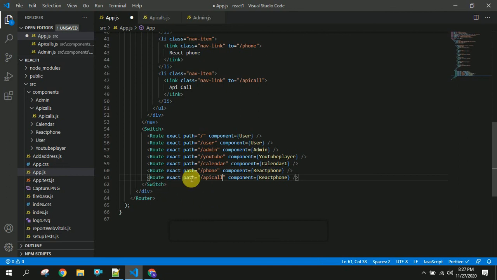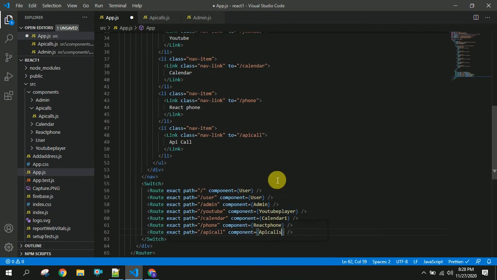Once the user clicks on this, it will go to this particular path, and whenever the router finds this path, it will be navigated to the particular component here. So you can see the IntelliSense, and I am going to click on that. It will automatically import here.